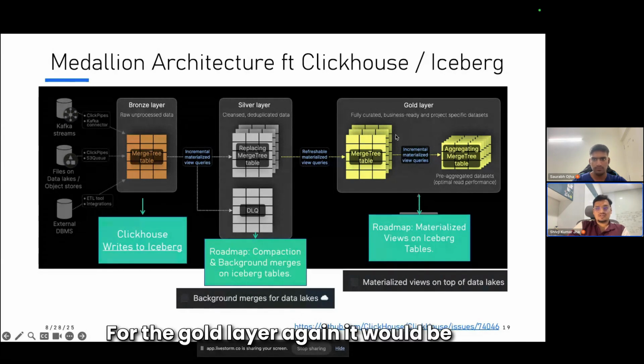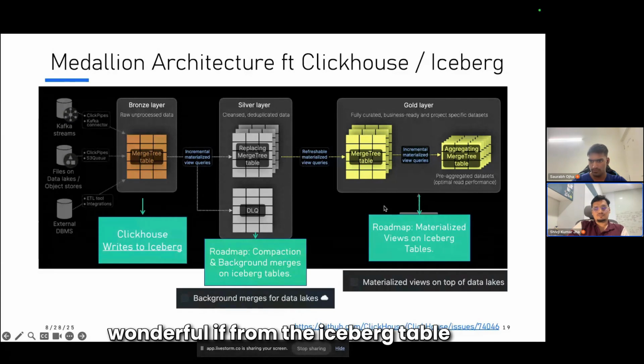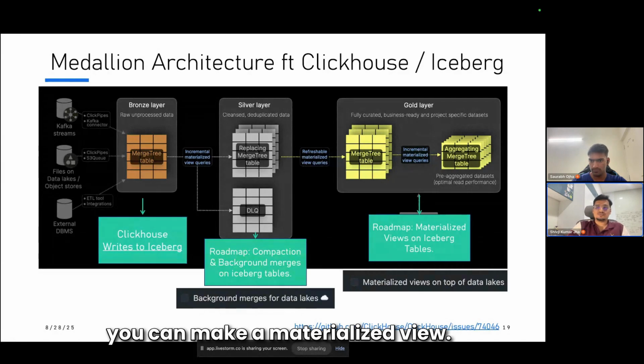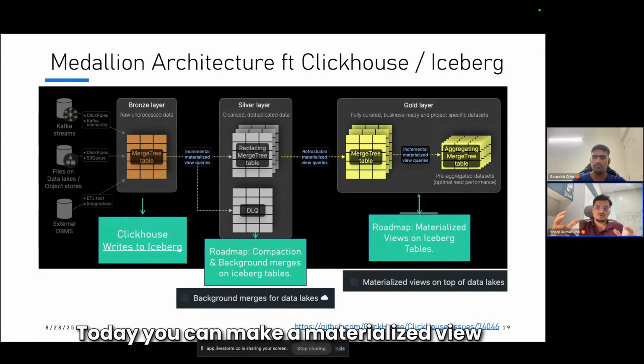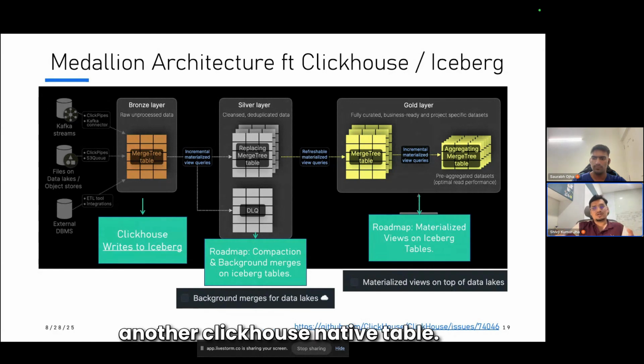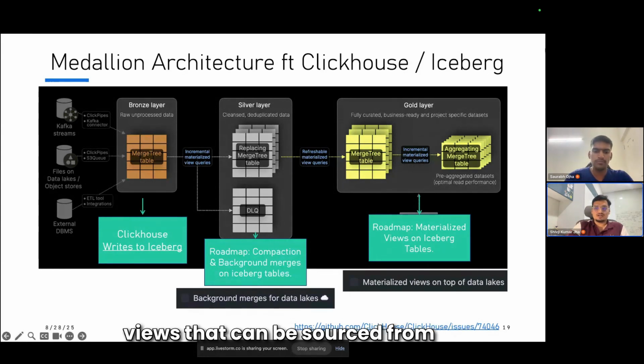And for the gold layer, again, it would be wonderful if, from the Iceberg table, you can make a materialized view. Materialized views are basically pre-processed kept data. Today, you can make a materialized view where the source is another ClickHouse native table. In future, when we have materialized views that can be sourced from Iceberg tables, that is again on the roadmap.